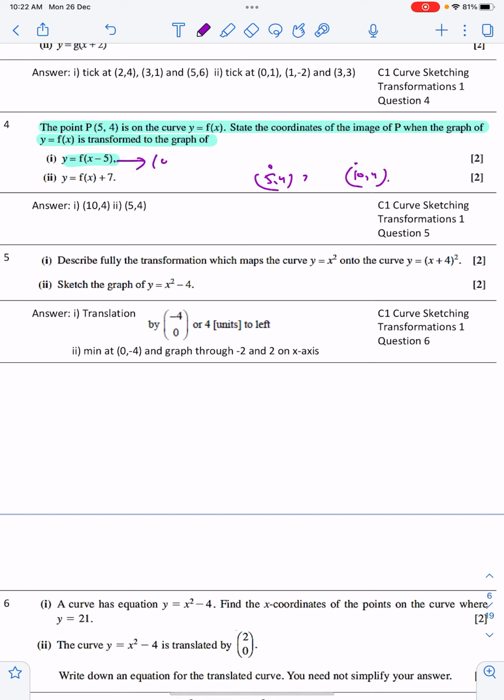Okay, so the answer is going to be 10 comma 4 for the first part, and in this part the point has to shift 7 units upwards. So the x coordinate will remain the same. In the y coordinate you have to add 7, so it will become 5 comma 11. Okay, moving on to the next question, which says